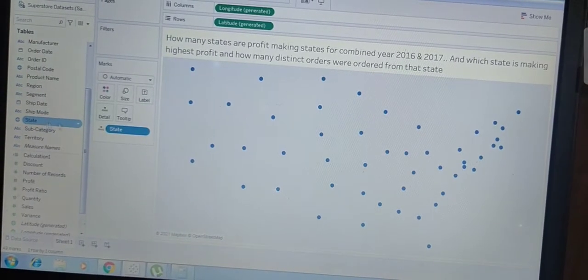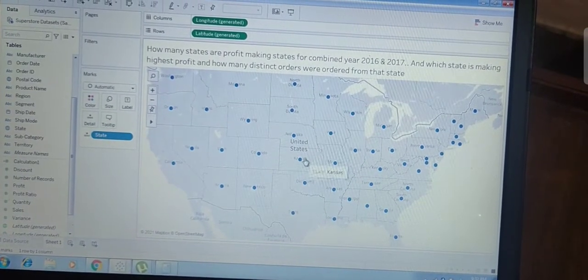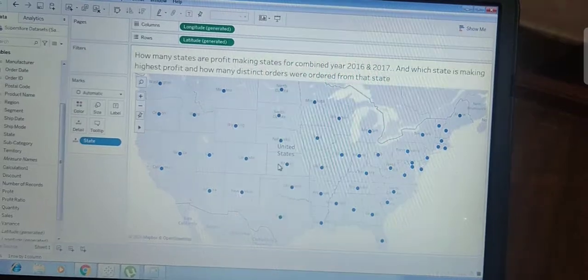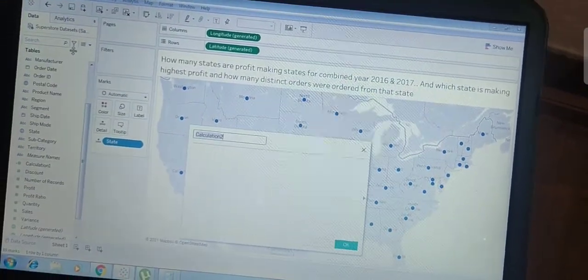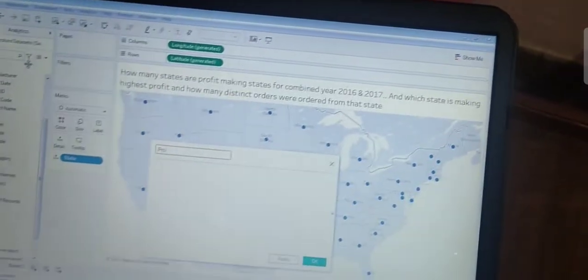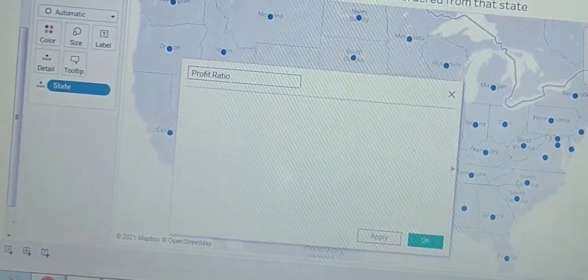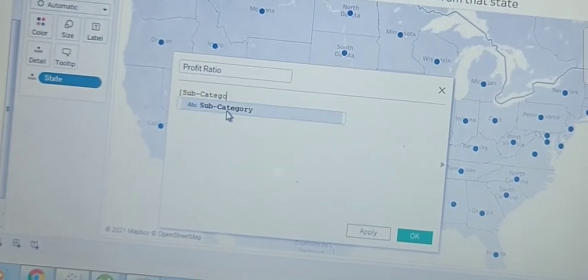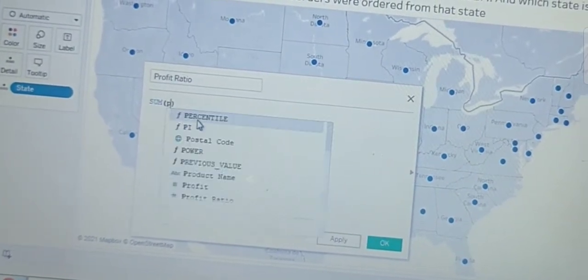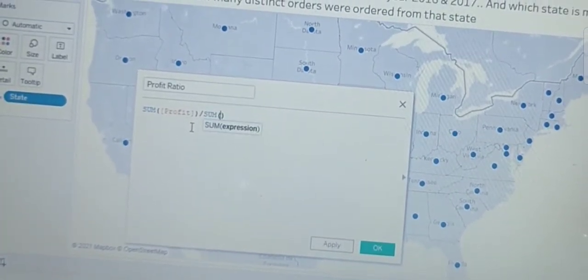First, double click on State, then we can see the states of the United States of America. So we have all the states here. Now we need to create one calculated field to find the profit ratio. So first we create the profit ratio calculated field. Just type the name of the field and then sum of profit